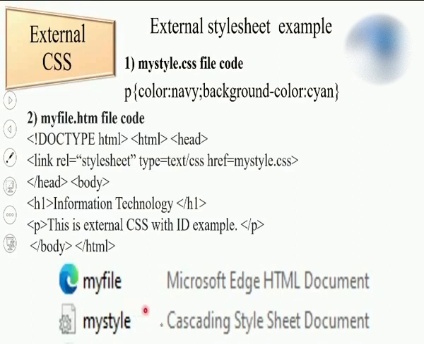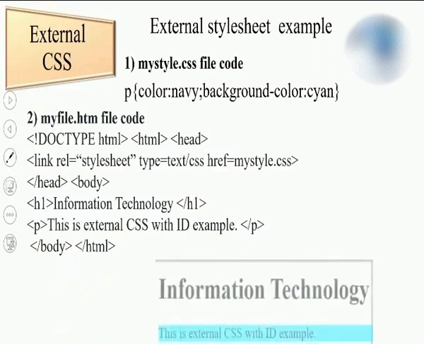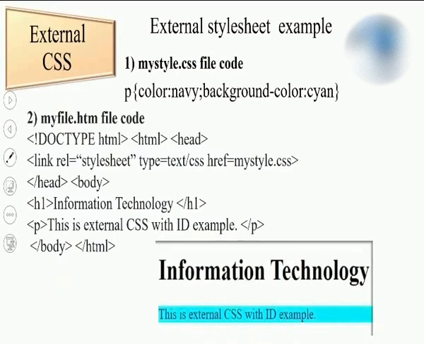What I mean to say is, this is the type of file you are going to check after creating the .css file. Once you create a CSS file, you will get the output like this. So observe the navy color for the text as well as the cyan color for the background of the paragraph. So this is all about the external CSS. From the point of view of the examination, the link tag and the .css extension are important. Students, in the practical also you are going to make use of external CSS or internal CSS, both.